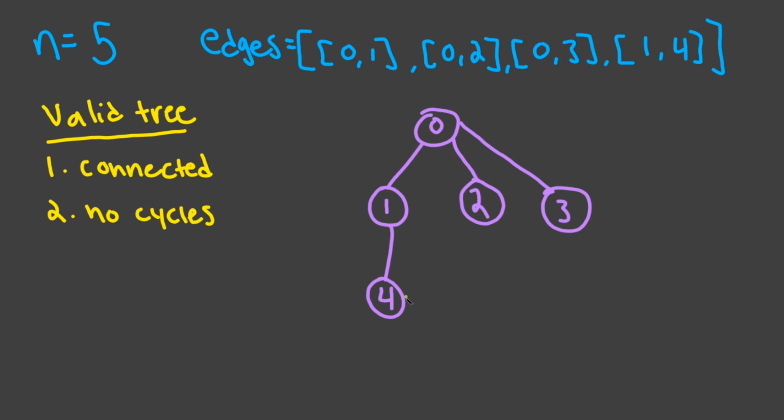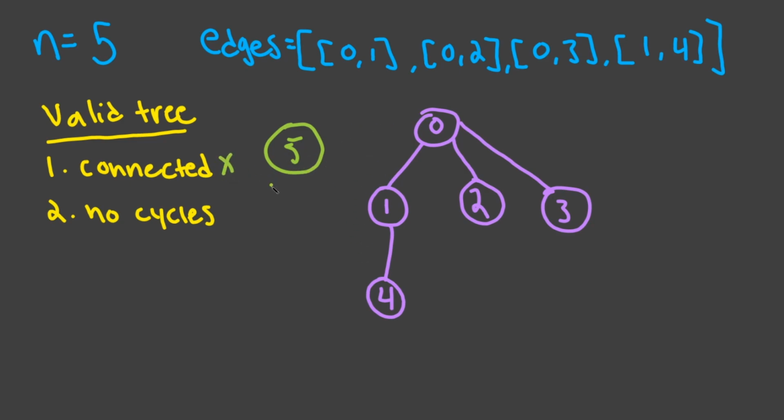But if we had an edge right here connecting 4 to 3, then it would be a loop, and this condition would not be met, so it wouldn't be a valid tree at that point. Also, let's say we had a node 5 over here just by itself, then it also wouldn't be a valid tree because this 5 is not connected to any of these nodes over here,